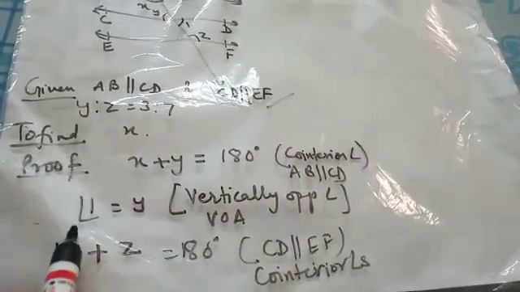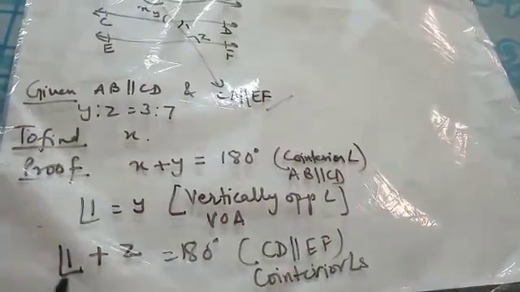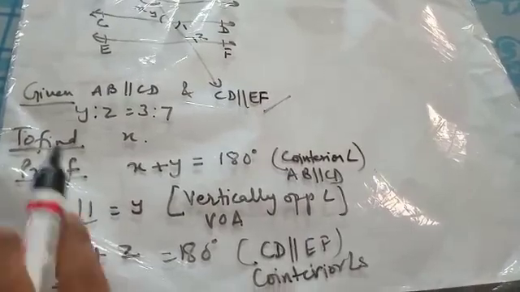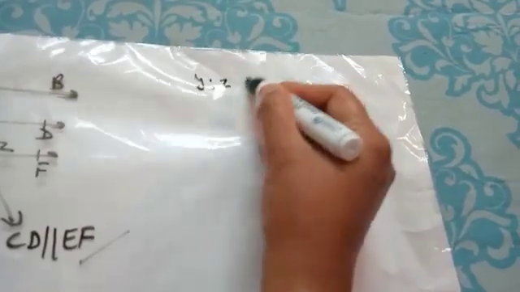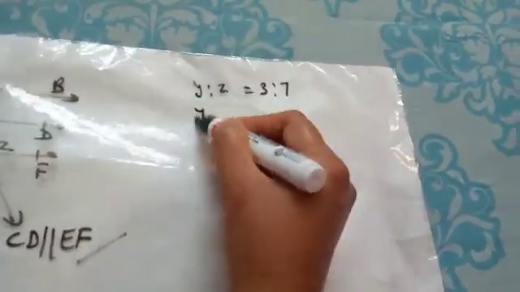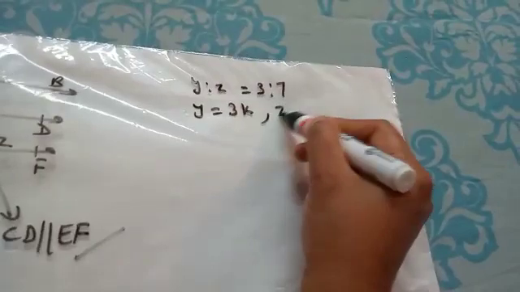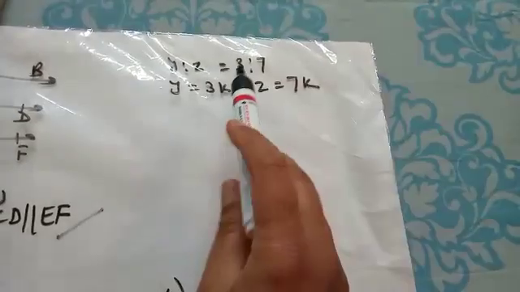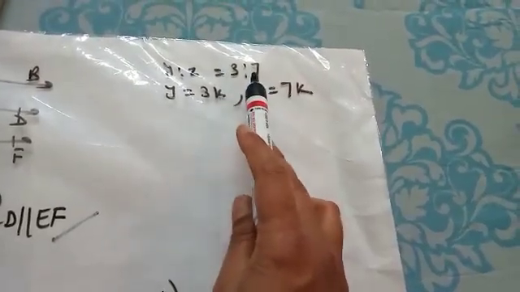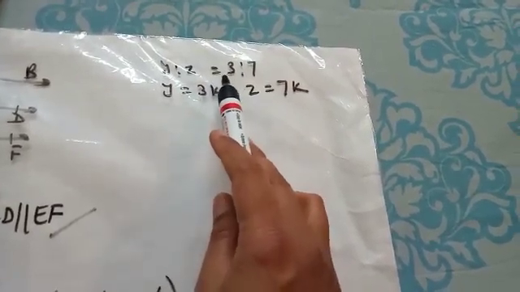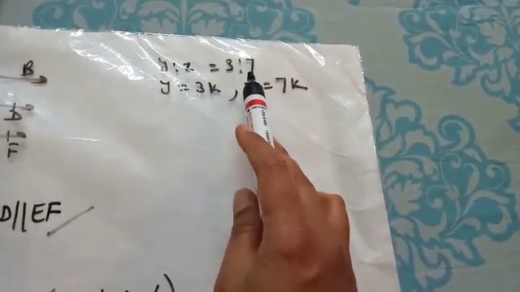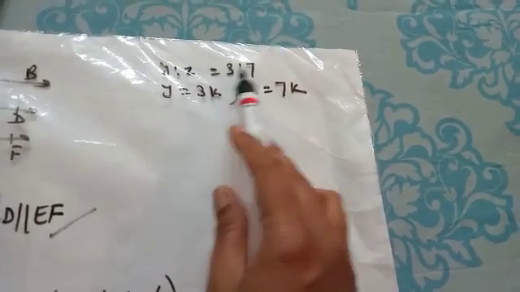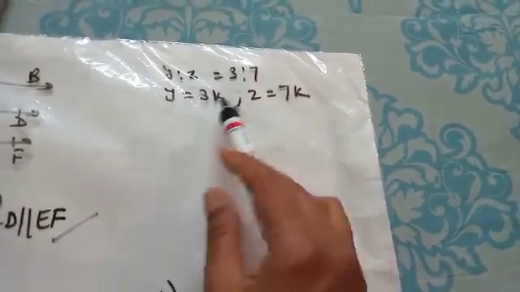So now 1 is equal to y, and here I can write the value of 1. So what will be y is to z? y is to z means I can write y is to z is equal to 3:7. That means y is equal to 3k and z is equal to 7k. The reason for writing this k is that whenever we are solving the question of ratios, I don't know the actual values. The ratio is 3:7. Maybe the angles are 30 and 70. Maybe the angles are 15 and 35. So I don't know. The ratio does not tell you the actual value. So I have written k along with this.